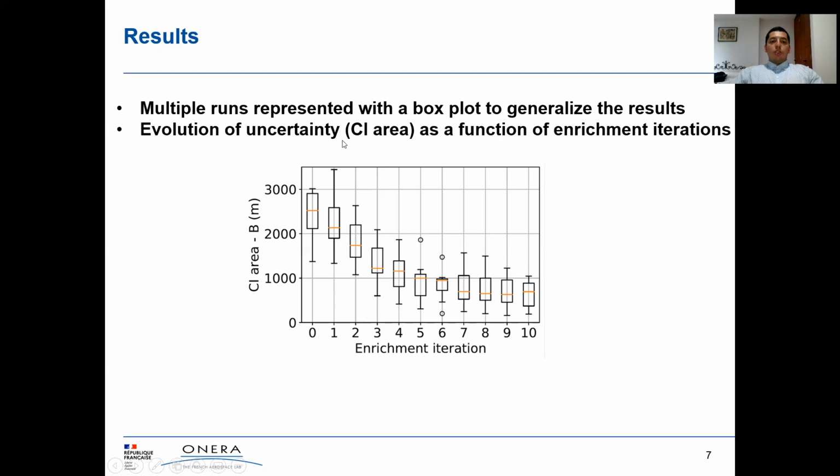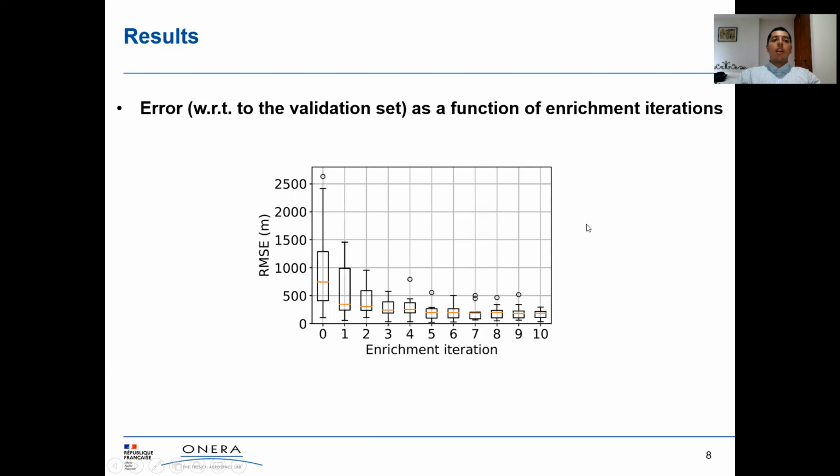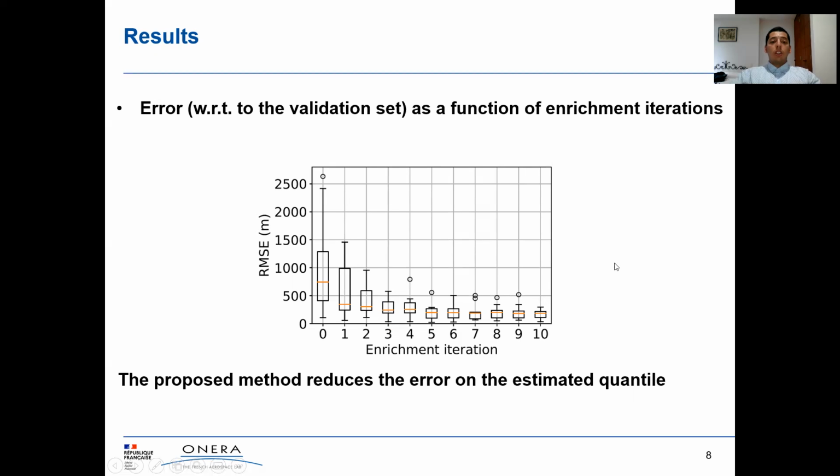And we plot the evolution of the uncertainty, the confidence interval area, as a function of the enrichment iterations. So here you can notice that iteration after iteration, the methodology effectively reduces uncertainty on the estimated quantile. And then we also calculated the error with respect to the validation set as a function of the enrichment iterations. And you can see that iteration after iteration, the active learning strategy effectively reduces the error with respect to the validation set.